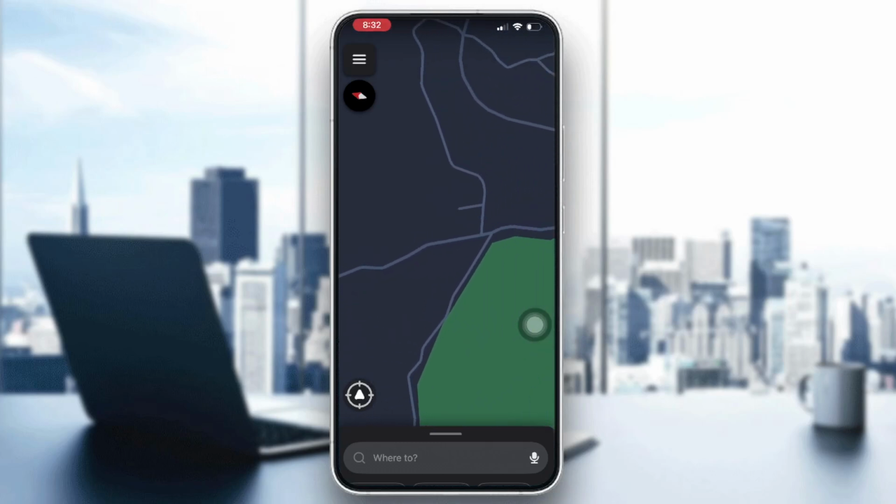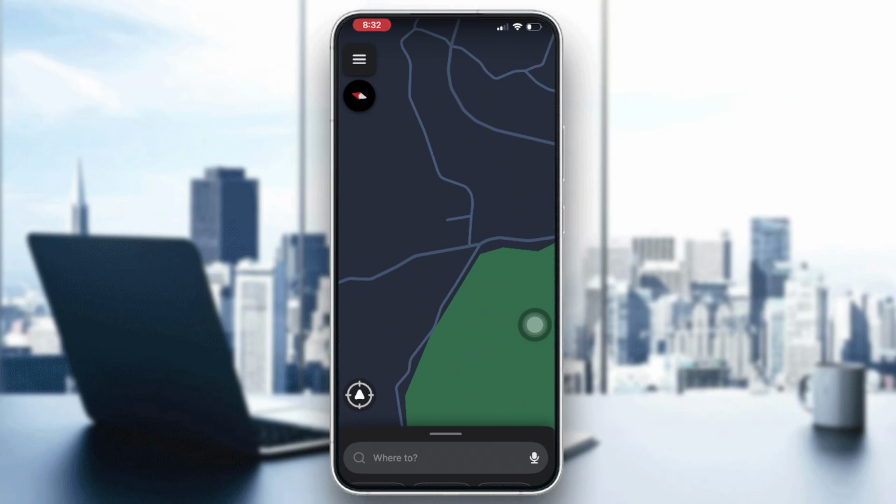So in today's video I'm going to show you how to connect Apple Music to Waze. Connecting Apple Music to Waze allows you to control your music directly from the Waze navigation screen without constantly switching between the apps. So at first you will need to open Waze on your iPhone and make sure you